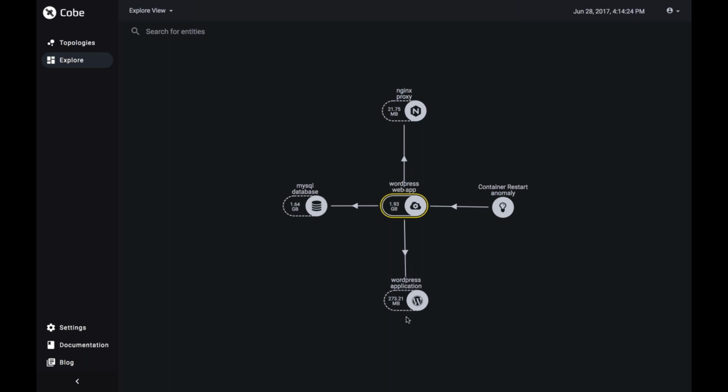Finally, on this screen, you can see that our anomaly detection feature has identified that something isn't right. In this case, the anomaly we can see is that a container keeps restarting. With Cobe, you can easily observe the anomaly, the relationships and components, all of the services which are potentially impacted. We can take a closer look at this particular anomaly,